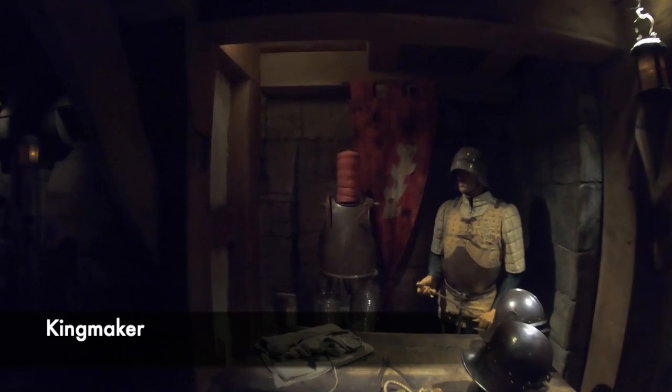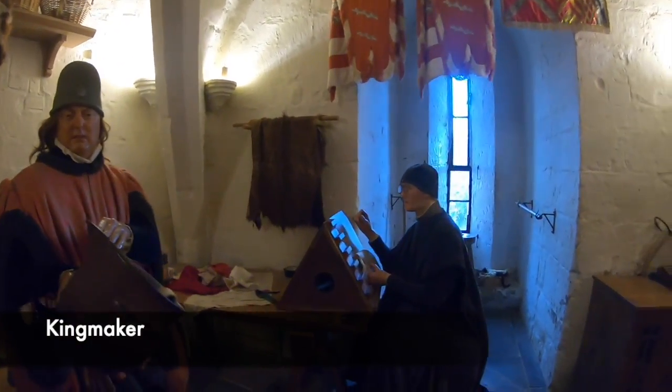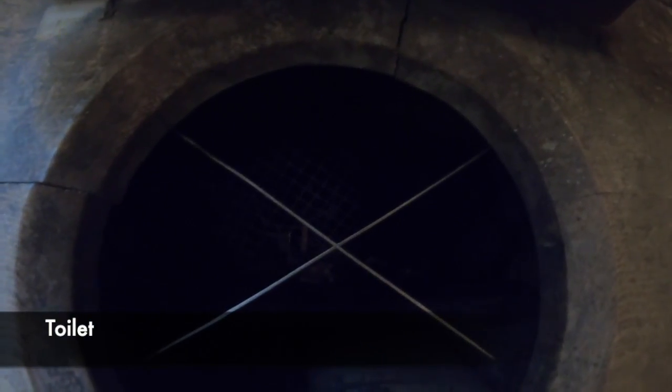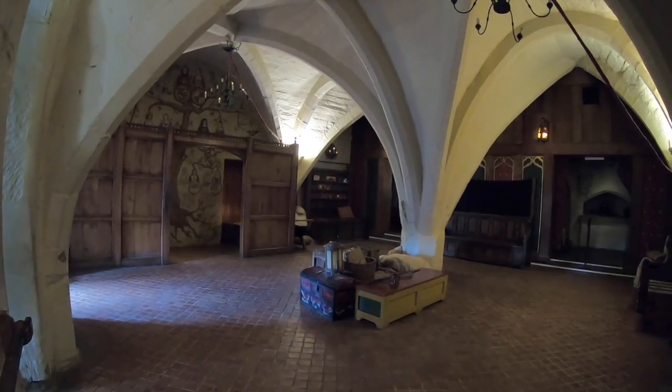The Kingmaker exhibition at Warwick Castle charts the life of Richard Neville, the Kingmaker, and specifically goes into detail about how he would have prepared for a battle. You can see within this a number of different rooms, including a blacksmith's quarters, a wardrobe, and even a garderobe or toilet. Richard Neville's connections with the castle and role as a great manipulator of the monarchy has certainly preceded